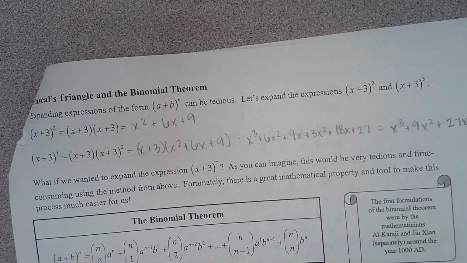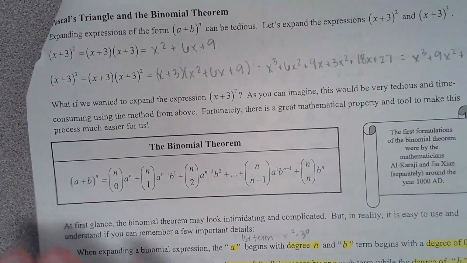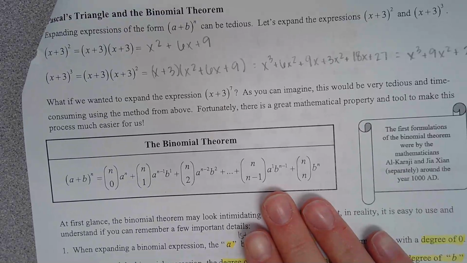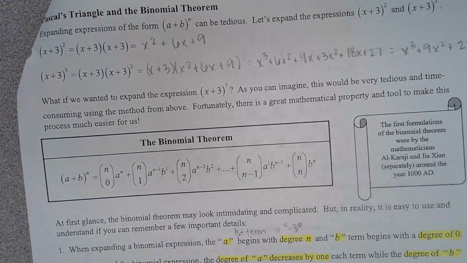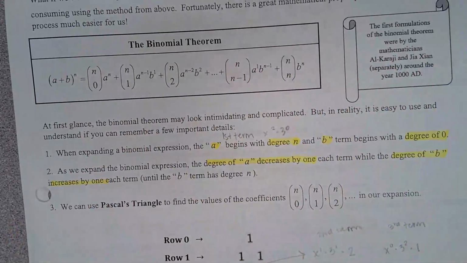Now, if we go to anything past that, again, it becomes very tedious and very time-consuming, lots of room for error. So we have this theorem, the binomial theorem, which kind of shortcuts that for us a little bit. I know it still looks like this is crazy long and complicated, but believe it or not, it does help. So the big things to know in this explanation and all the rules that you have,